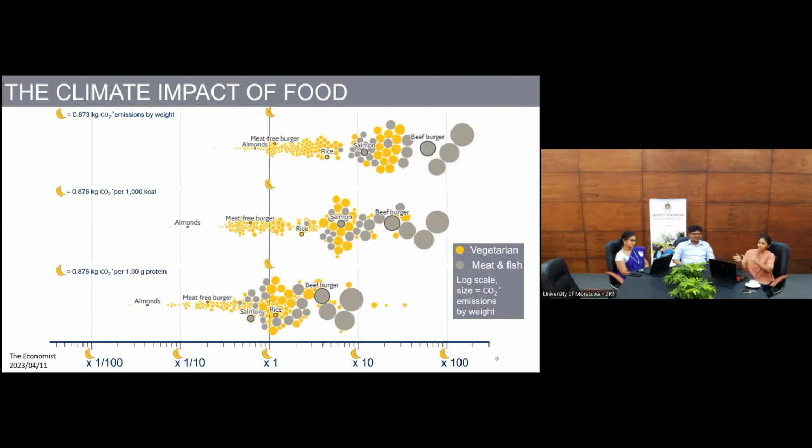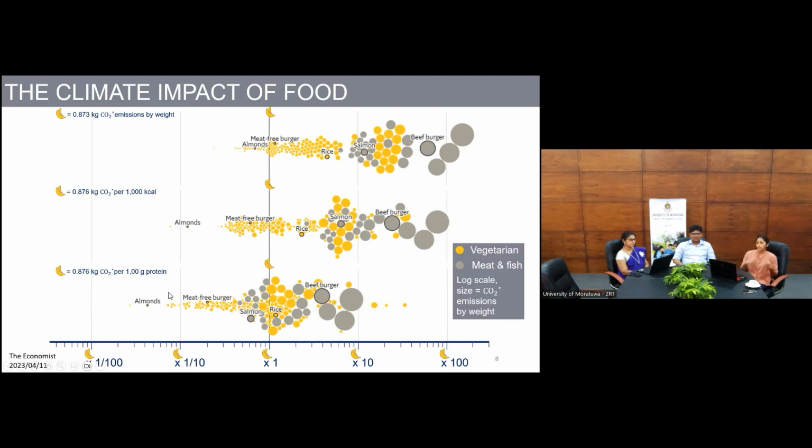So in that case, let's scale it, and rather than looking at per gram, let's look at it per 1000 kilocalories. So when you change it to that scale, the kind of grays which are over at the far corner in the first panel kind of merge with the rest of the non-veg, though still you can see a distinction. The non-veg items are emitting more than the vegetarian items.